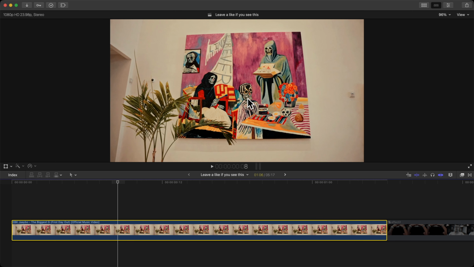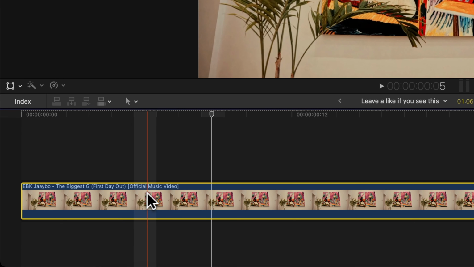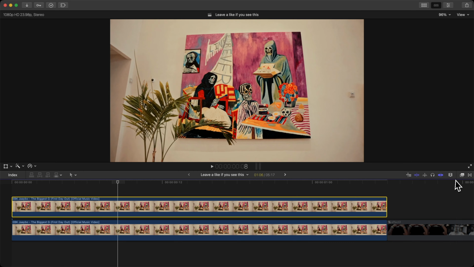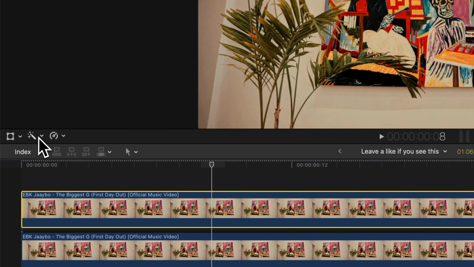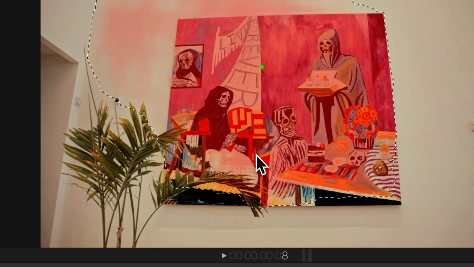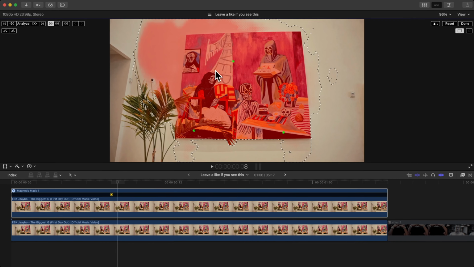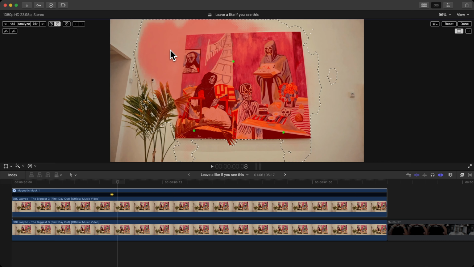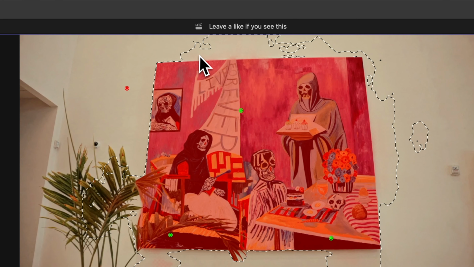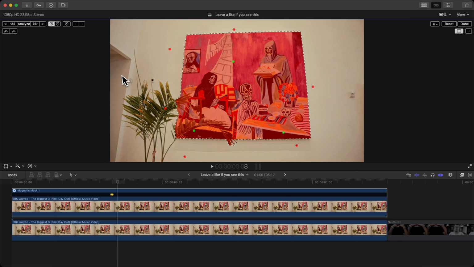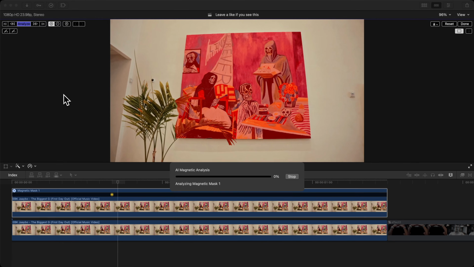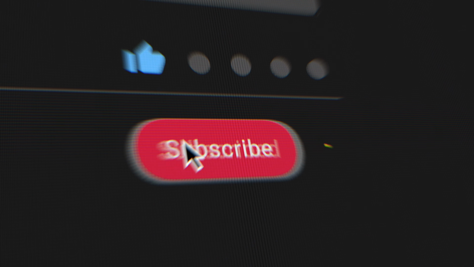We're going to be selecting this poster on the wall, so we're going to hold Option and drag upwards to duplicate the clip, and then we're going to go over to this little magic wand tool, go down and go to Add Magnetic Mask. Click once to make a selection of what you want to mask out, in this case, this poster. Hold Option and click where you don't want to select part of this. That looks pretty good. Then I'm going to click on Analyze, and this is going to use AI to create